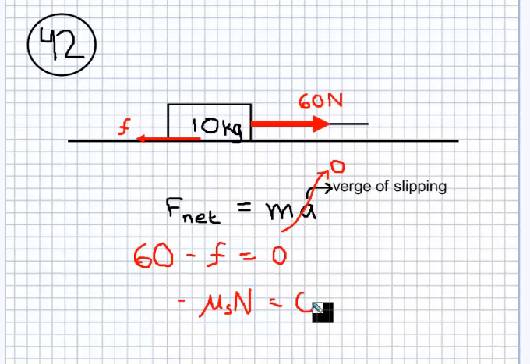So all we need to do is determine the value of the normal force here, and we're home free. That should be an easy matter at this point because you've got a gravity down, mg, you've got a normal up. Those must be equal. So that normal force must exactly equal that gravity force. So the normal force is known, check, and you can solve for the static coefficient of friction. Last problem,